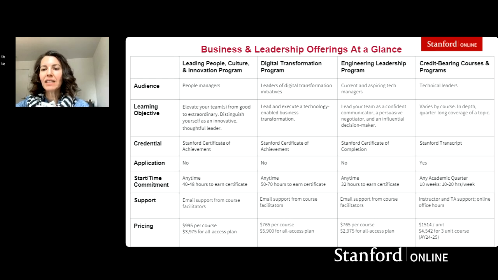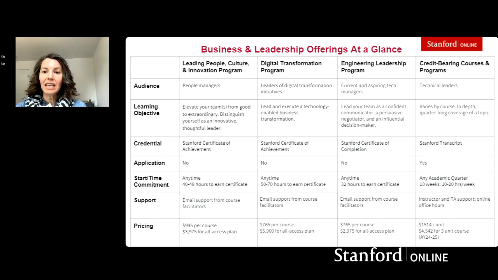At the end of every professional course that we have, there is a final exam, and you need to pass the final exam with an 85%. It generally pulls from a bank of questions, anywhere from 20 to 25 questions, and you can take that exam again if you need to in order to get your 85%. So yes, there is an exam. Someone specifically asked about the engineering leadership program. There's an exam within each course.